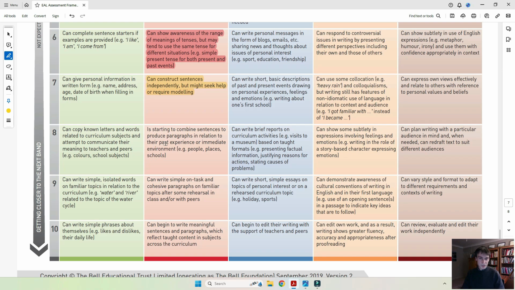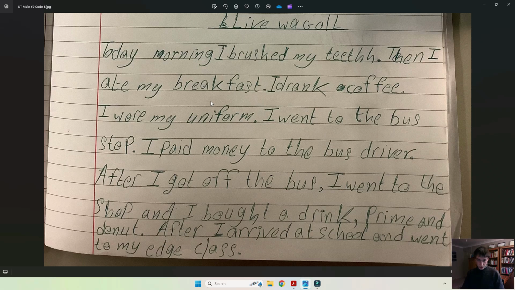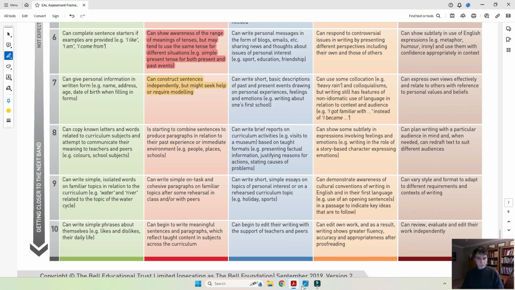Is starting to combine sentences to produce paragraphs in relation to the past experience or immediate environment. Now obviously the text is about past experience and immediate environment. We can say that that's definitely true. Is the learner starting to combine sentences to produce paragraphs? The answer to that question is no. There's no paragraph here. So while there are some attempts here to actually do combined sentences, after I got off the bus, I went to the shop, so that is definitely true, but the learner is not trying to create paragraphs, which means that this